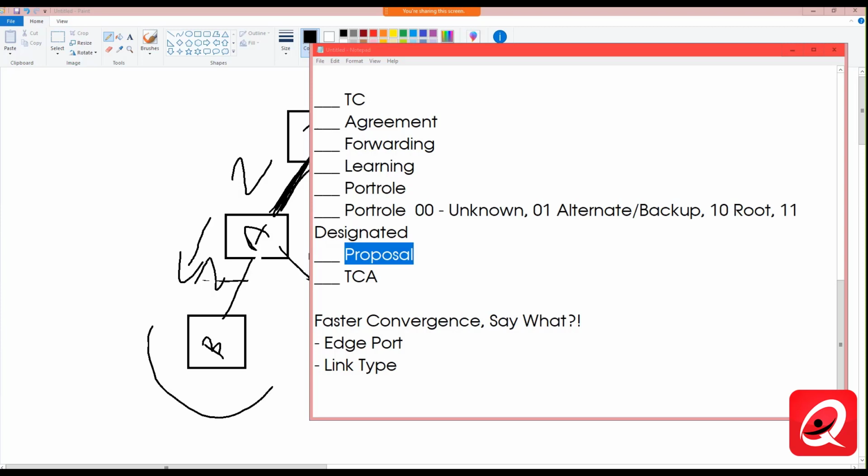So when rapid spanning tree detects a topology change, several things take place. It starts something called the TC while timer, which is a value equal to twice the hello timer on all of its non-edge designated ports and its root port. It flushes the MAC addresses associated with all those ports, and then we start to propagate